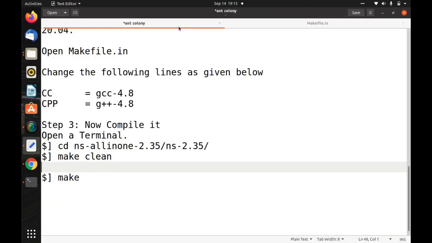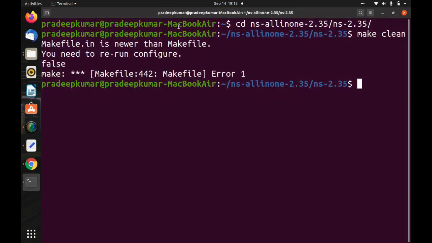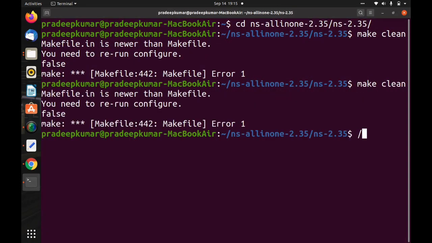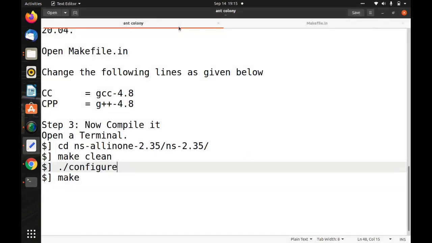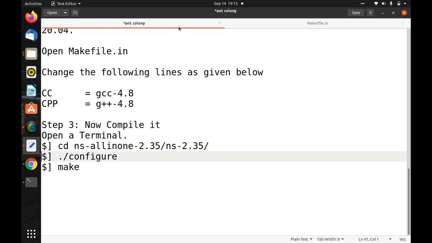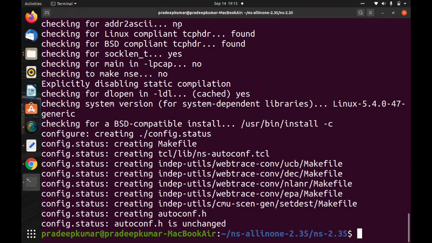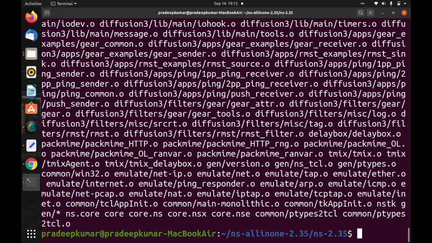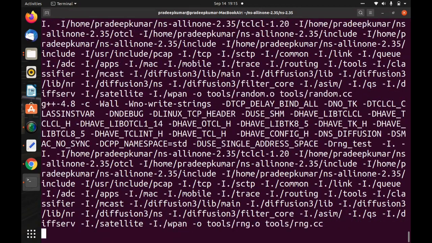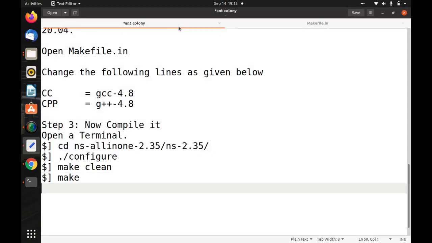In that case, you use the command ./configure, which will make the configuration run. Better to avoid that: instead of putting make clean first, put ./configure first, then use make clean, and then give the command make. The make command will run, and it will take some time to complete.